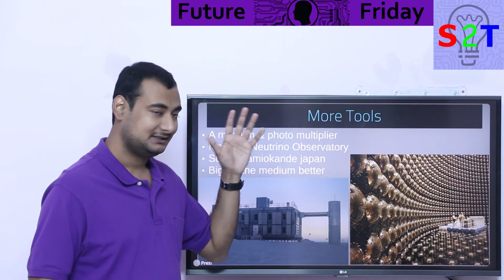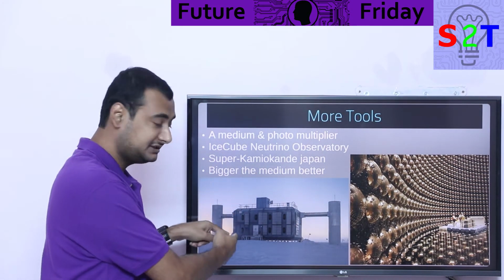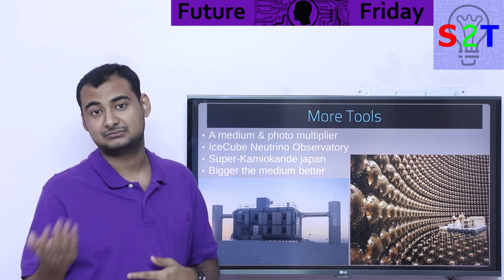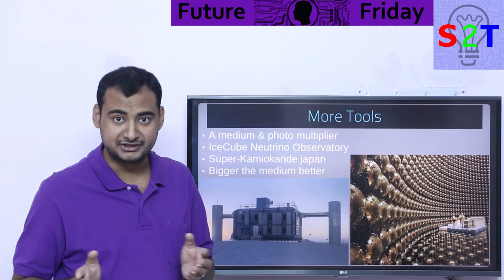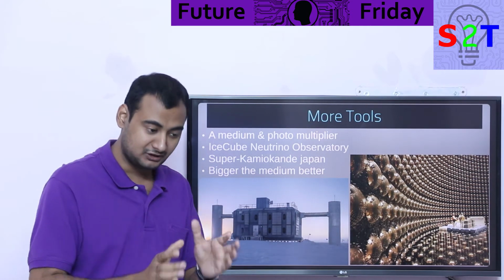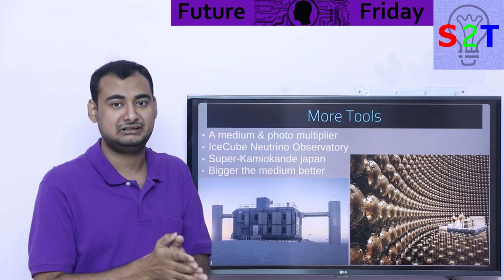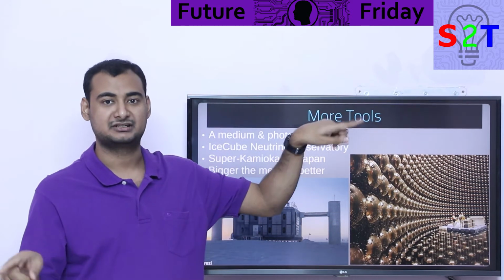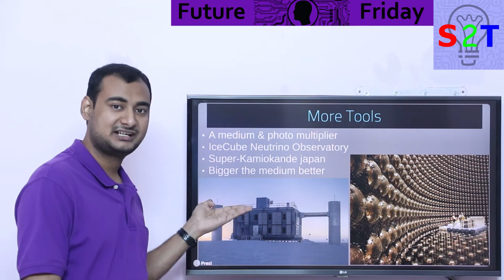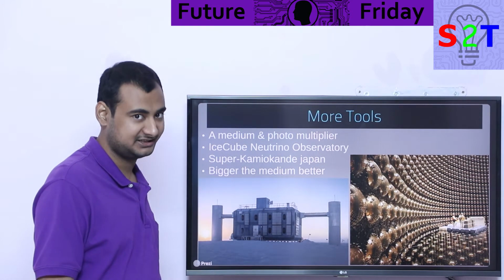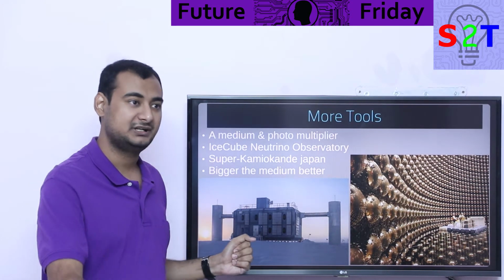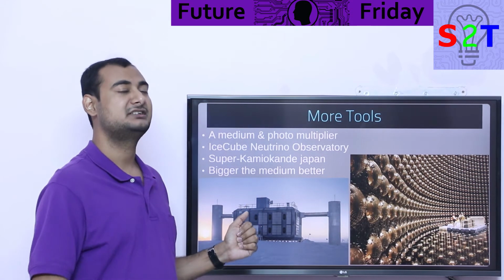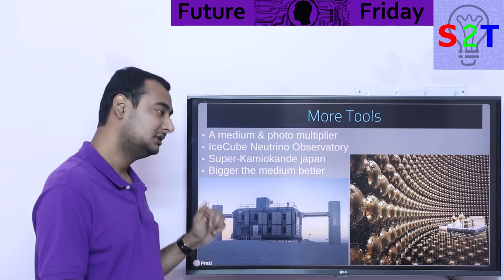Same happened here. So you take a medium, whatever it is, be it ice in the case of Antarctic ice, be it water in the case of absolutely pure water, or some other scenarios where people are experimenting with other elements. You want it to be pure. You want the medium to be big. Basically, you are not dealing with a 10-liter tank, you are dealing with gigaliter tanks. Basically 100 meter by 100 meter by 100 meter, or sometimes kilometer by kilometer. Yes, you heard that right, kilometer by kilometer. And there are people working on even bigger designs that will deal with 100 kilometer by 100 kilometer by 100 kilometer. Right now the second stage is focused on a 10 kilometer cube, but you get the point.